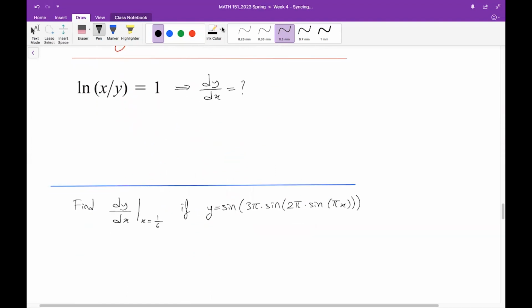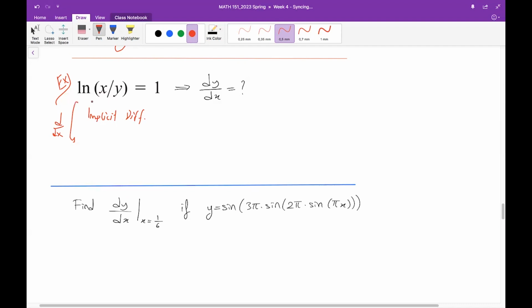Next example is this one. It is a short one, but a very nice one, I think. So we want to find dy over dx. So we will apply implicit differentiation here. Without solving y from this equation, you can find its first derivative. How? By taking the x derivative directly of both sides.